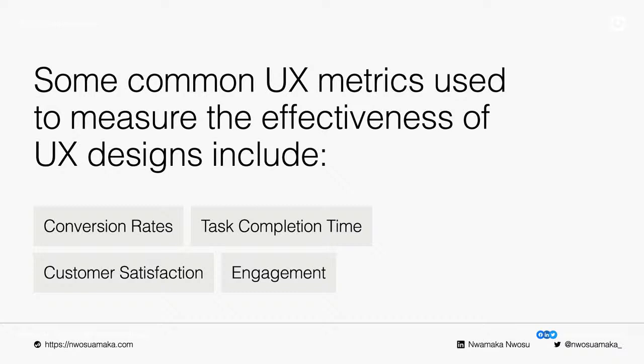And also we have engagement. For engagement, you have to ask, how often do users engage with products? Even on your phone, there are times you go and check the time you spent on apps. You find out that probably you spent more time on Facebook than on Twitter, or more time on YouTube than on Twitter or Facebook. It's more or less tracking the metrics for designers. So are you creating a product that users will always want to be on to get necessary information,